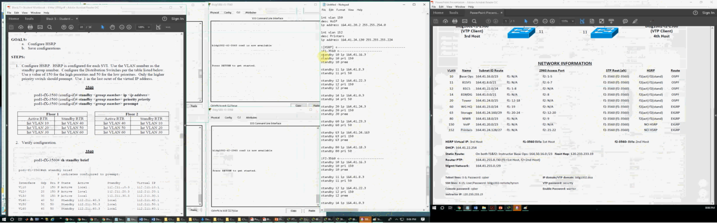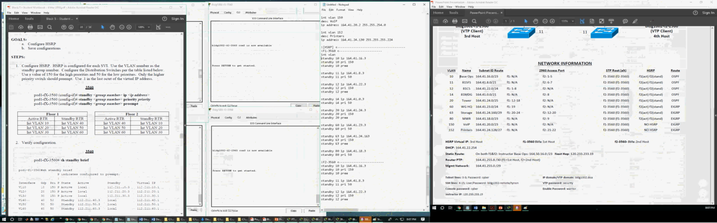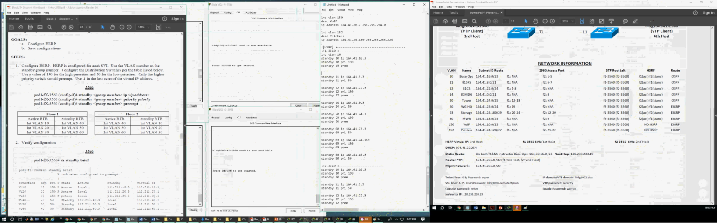Oh, all of this is prefaced with an int VLAN for the correct one. You don't see this in the workbook, which I think it should be there, but it's not. And it's in my hand notes. I'm pretty sure that's the reason that we're getting